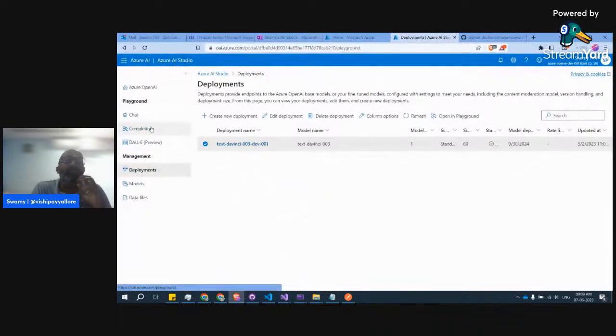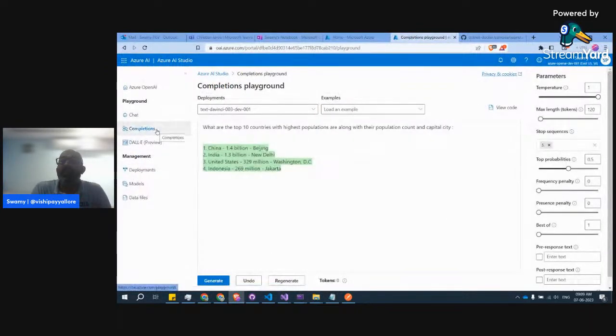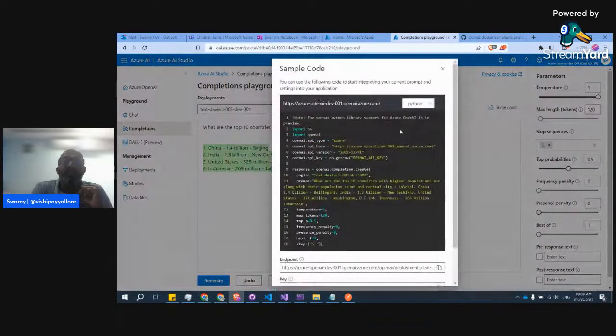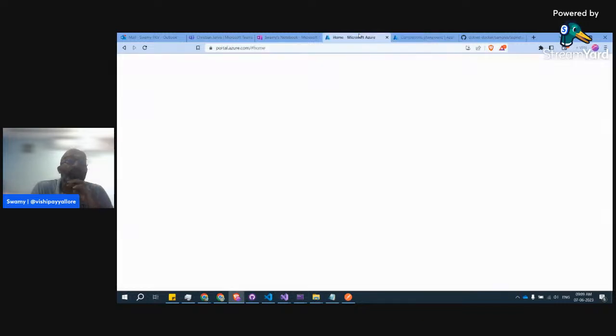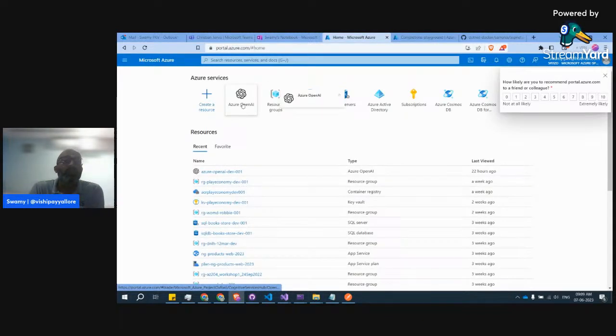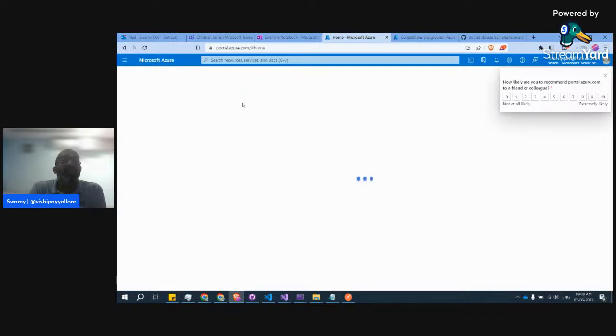Okay. And when we try this, how do you know what the rest of the pieces are? I'll tell you that. If you go here, the OpenAI key is the only thing which it doesn't show on the screen because that's a secret. Apart from that, you see the URL, Azure OpenAI Dev 001. Where do you get this name from? If you go to the resources where you have deployed it,